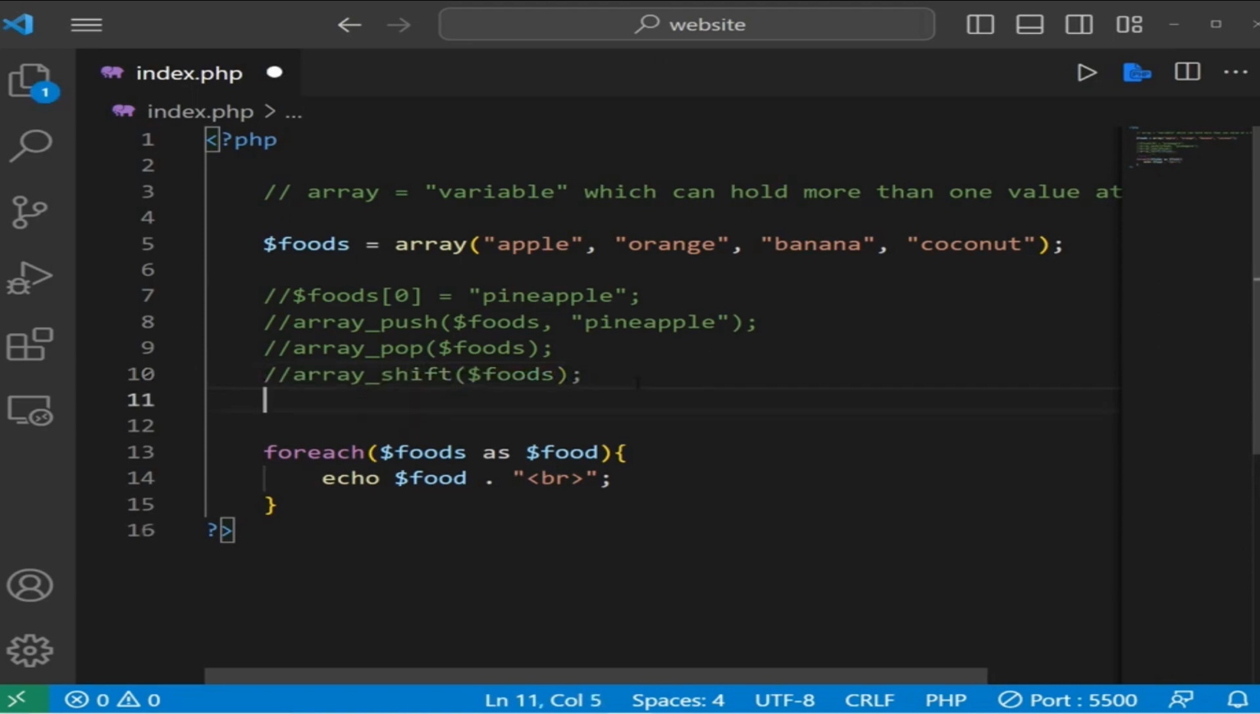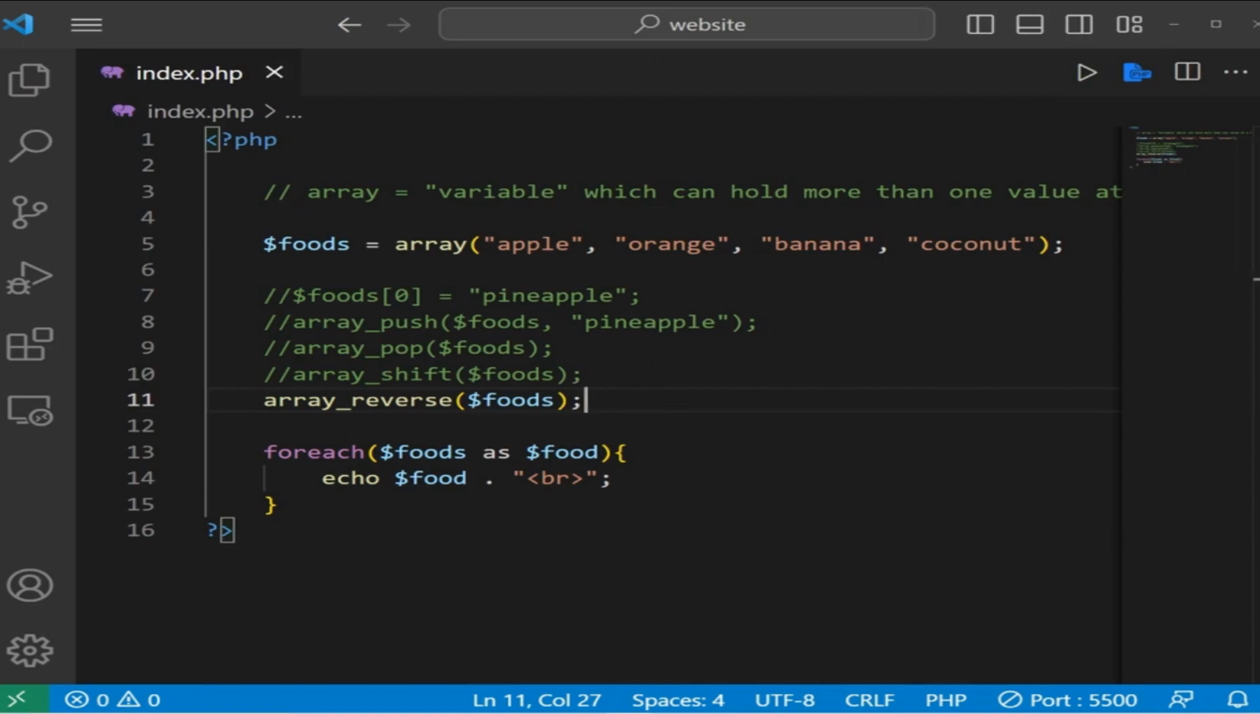We can reverse an array. array_reverse. Place your array name within the set of parentheses. Now this isn't going to work. I'll explain why. Our array is still in the same order. Apple, orange, banana, coconut. This function returns a new array. We can assign the result to a new array, such as